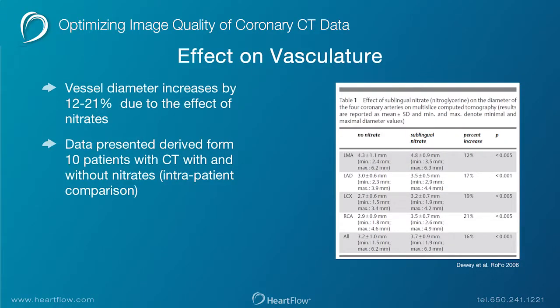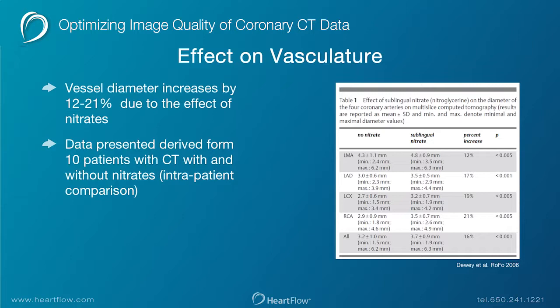As we move forward, people say, well, you know, what's the data supporting it in coronary CT? I don't do FFRCT in all cases. Do I really want to change my practice? Well, there's robust data. It doesn't go back to 1981, but it goes back to the early days of 64-slice CT. This comes from Mark Dewey from the Charité in Berlin, and he looked at vessel diameter on CT in patients with and without administration of nitrates. And what we can see is very similar vasodilation that we've seen in the literature from Dr. Feldman and others dating back to the late 70s and early 80s is now noted by Dr. Dewey and his colleagues with approximately 14% luminal area increase following the administration of nitroglycerin as compared to